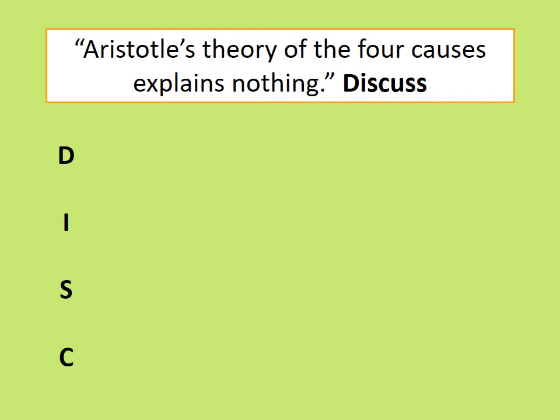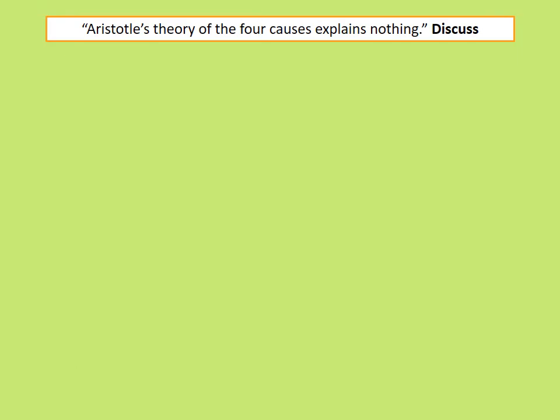So overall, you'd say the four causes explain something about the nature of reality, but there is also more to say. Here's how I'd structure it in terms of an essay. I'd begin with the first three causes, and this is where I'd make the comparison to Plato. So you could say it could be argued that Aristotle's first three causes are superior to Plato's, are a good explanation of reality, and are certainly superior to Plato's theory of forms. And then you'd go into why. I would talk about how they help to explain change in a way that Plato can't, and they're empirically verifiable.